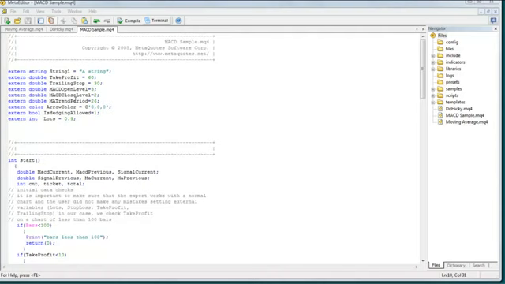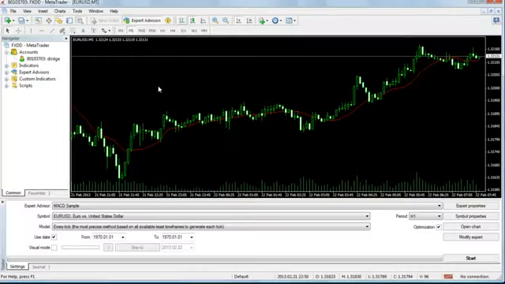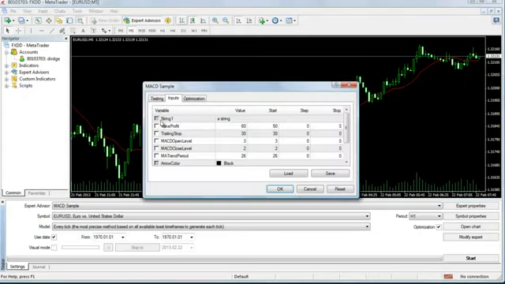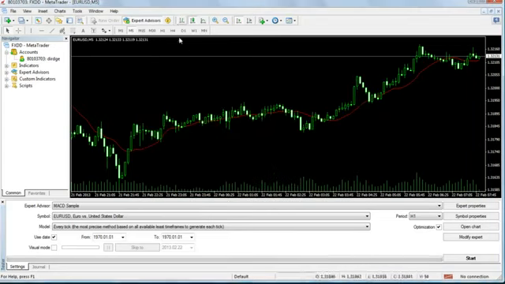I wanted to highlight some things that I didn't mention in my last video about these external inputs. You notice here on the string variable, when we go back out to the terminal, and by the way, if you push F4, you can toggle back and forth between the terminal and your MetaEditor. When we go back to the terminal and we look at this string that we put in here, one of the ways that you can use this,